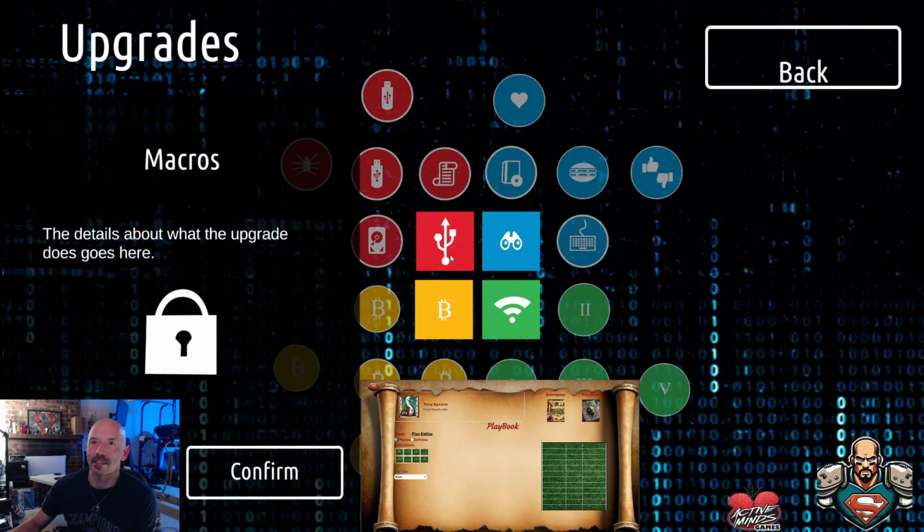Details about the update. Details about what the update